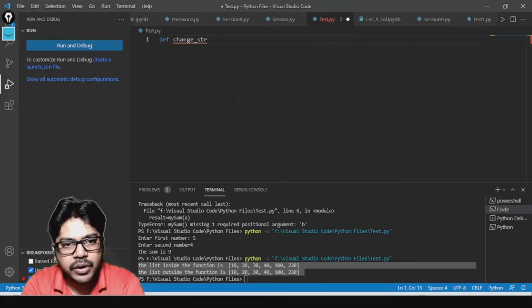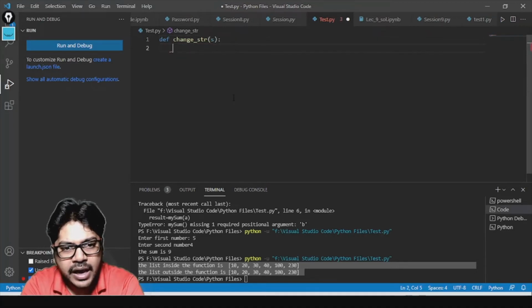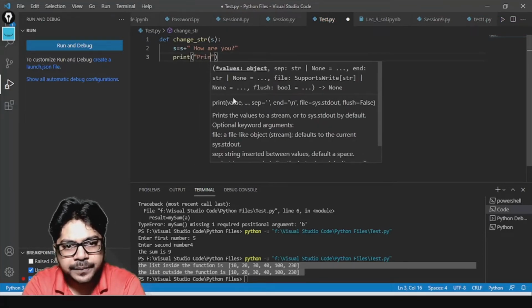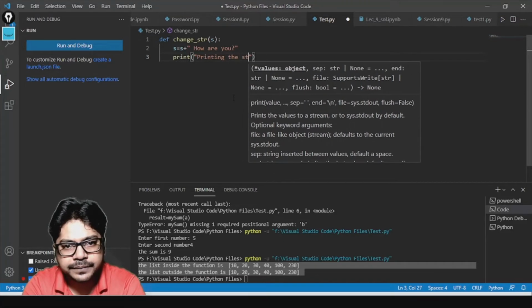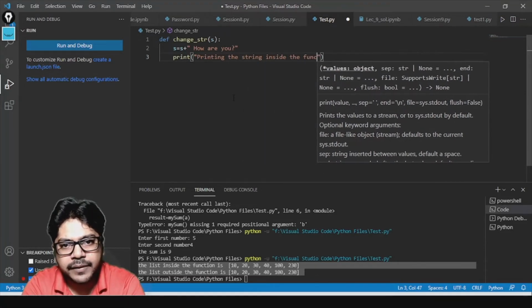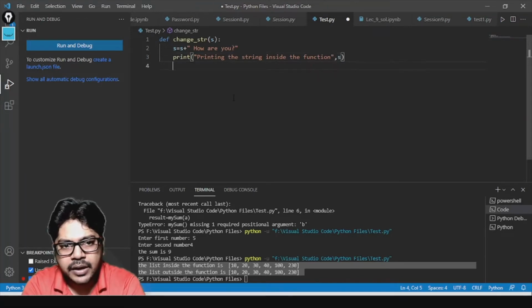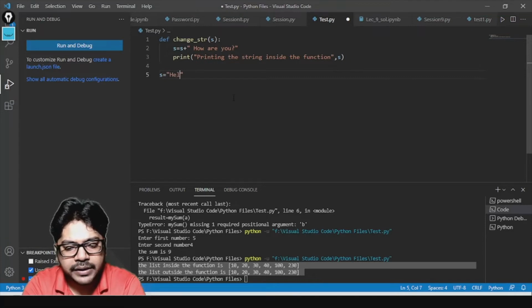So change_str, and then I'm passing a string object s, and then I'm writing s is equal to s plus how are you. Okay, and then I'm going to print the string inside the function. Then I'm going to print s. Now outside the function I'm going to write s equal to hi hello Python.